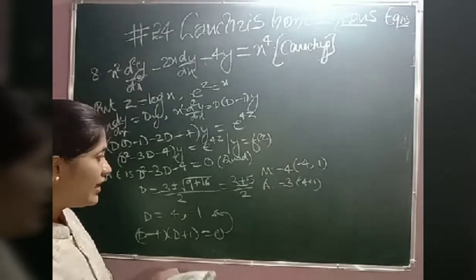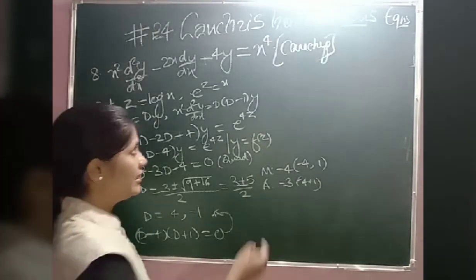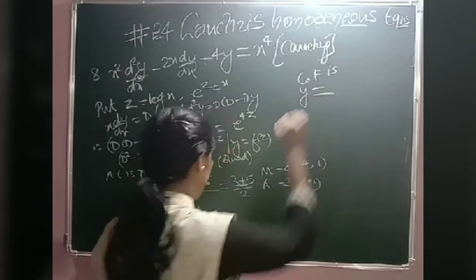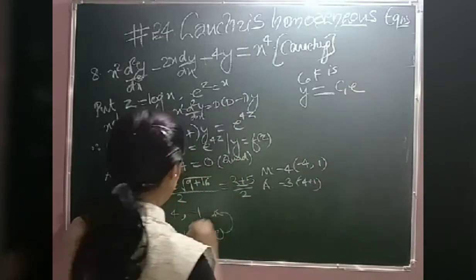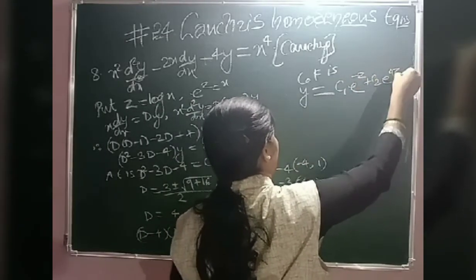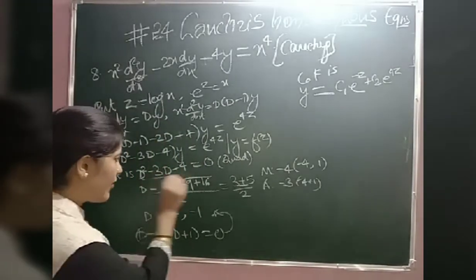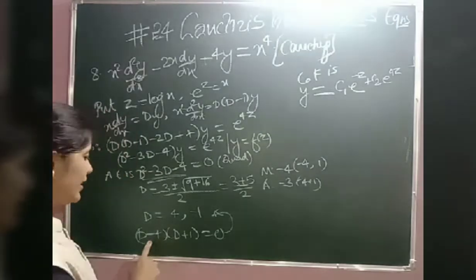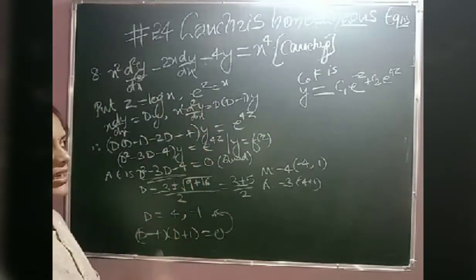Right? So now let us write the complete complementary function for this. CF is y equal to, in terms of z, C1 e power minus z plus C2 e power 4z. Instead of doing it this way, directly by the factor method we can find minus 4 and 1 are the factors. So directly D equal to 4, D equal to minus 1. So we get our CF.